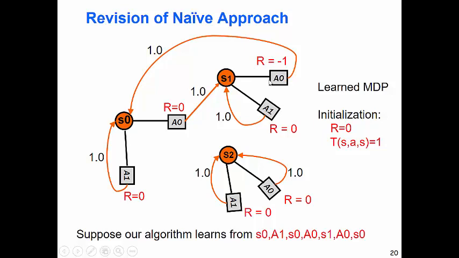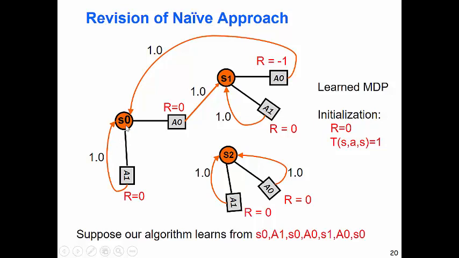Now, we did collect data for A0 here, right? We saw it had a reward of -1. We only saw one transition, so we're going to say that has probability 1. And we collected data here too, and that was still 0. And so from S0, what's the optimal policy going to be here? Would you say? Just taking A1 over and over. Yeah, just take A1 over and over. You could say that another solution would be to take A0 and then take A1 here, but the simpler one is just take A1 here.